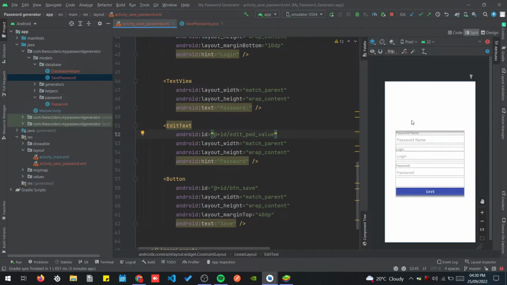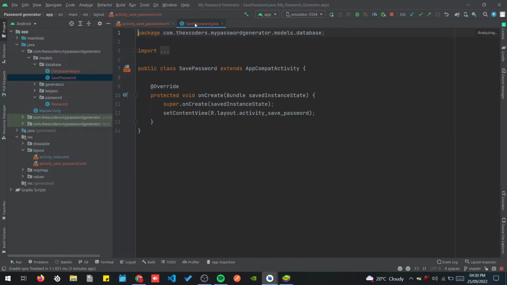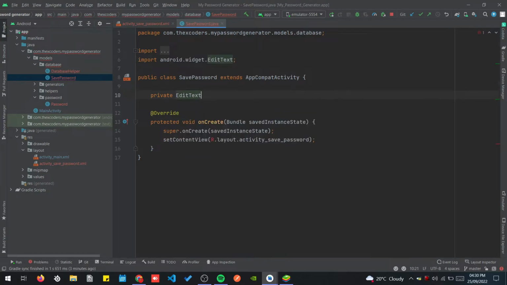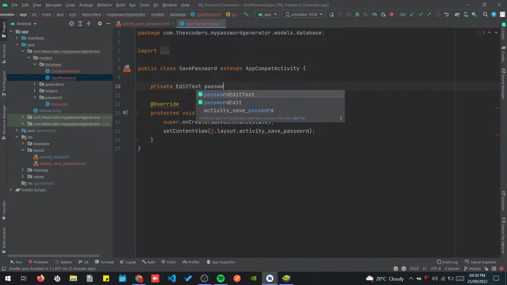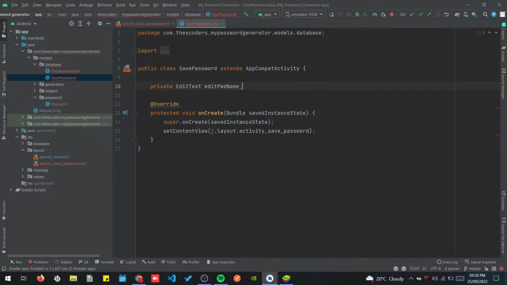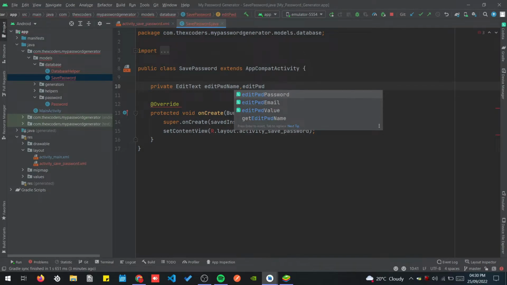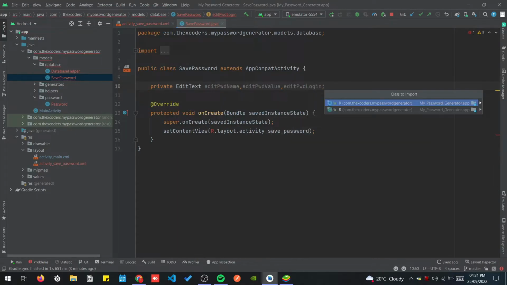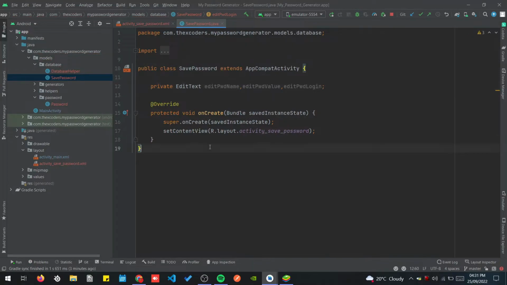and now that we have this set up, let's go ahead and set all the IDs and set up all the views in the interface. So here, private EditText, we're going to have the password or the edit pwd name, edit pwd value, and edit pwd login. Going to import this, and let's set up our views. initViews,